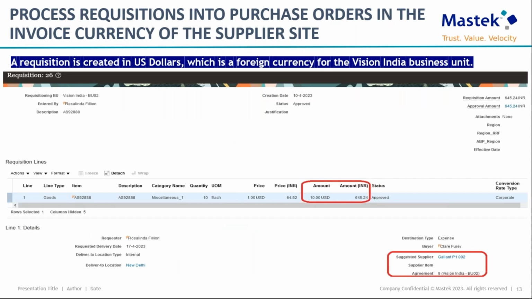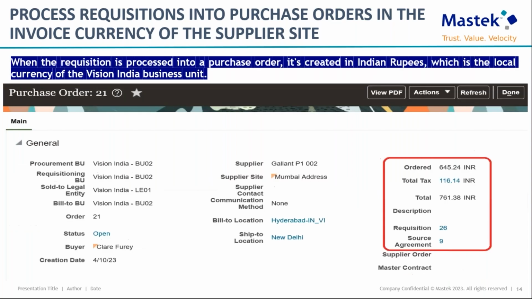Now, when a user is raising the requisition, we can see that the negotiated price is in USD, but while we process this requisition into the purchase order, it will be in Indian rupees because we have set the invoice currency at the supplier site level to INR.